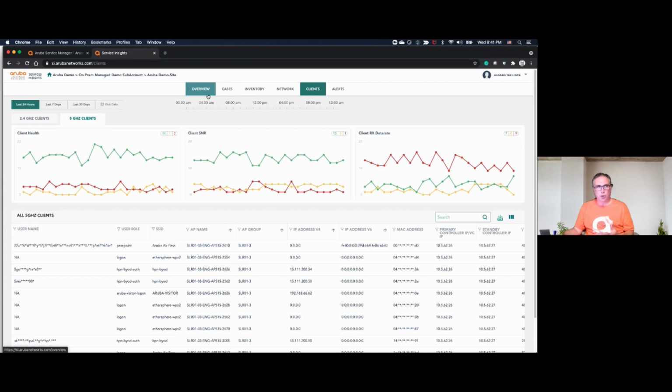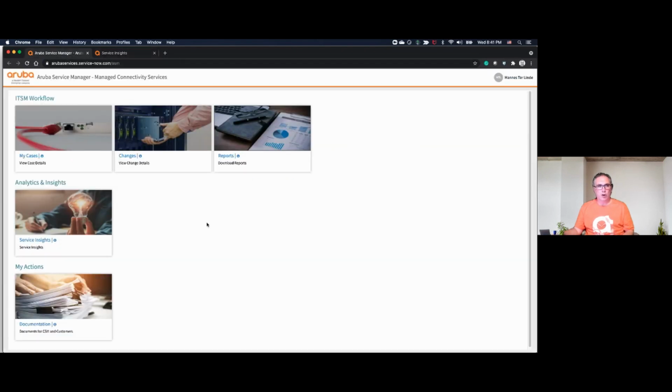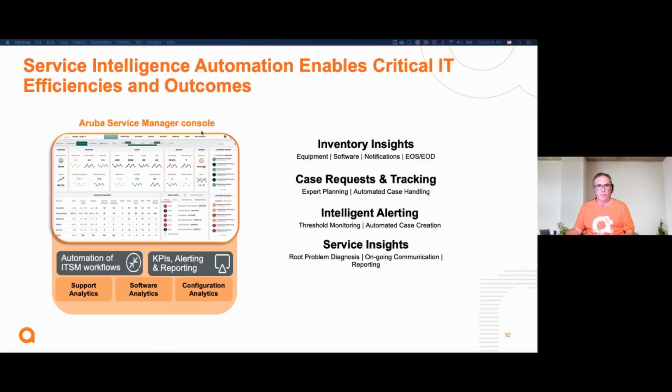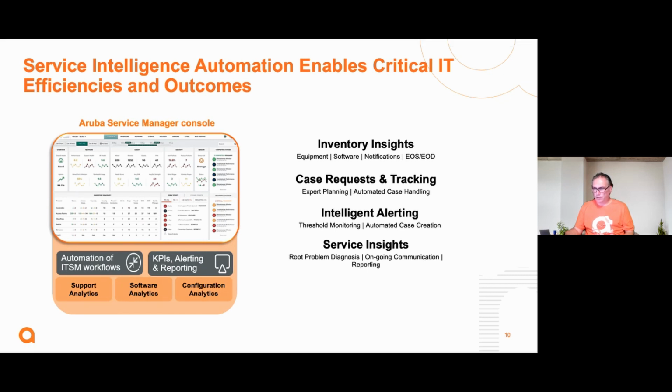So that is, in short, a highlight of what we call our NaaS environment. More than happy to have a deeper dive on that with some of you if there is an interest. But I hope that provided a good perspective on the capabilities that we have, as well as some of the other levels of automation. So as I'm going back to the main event in terms of the presentation, here are some of the